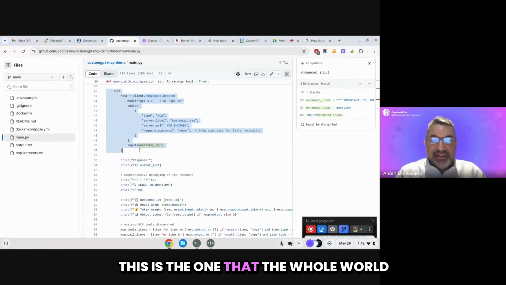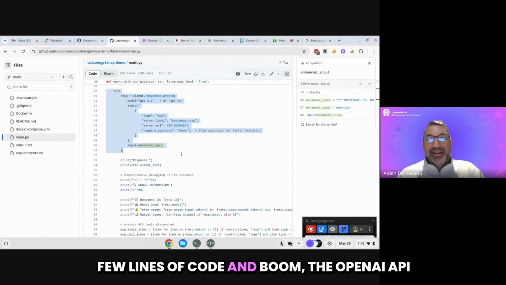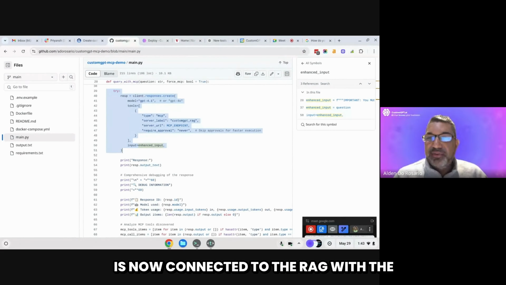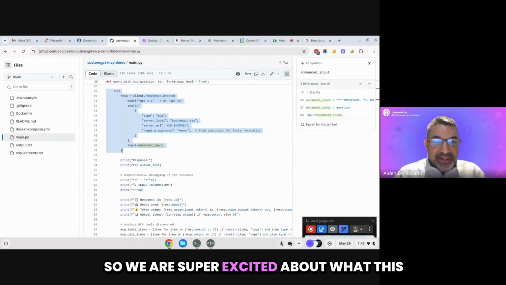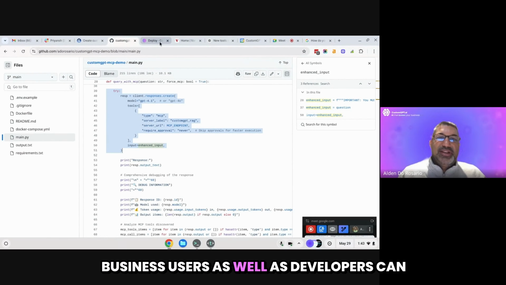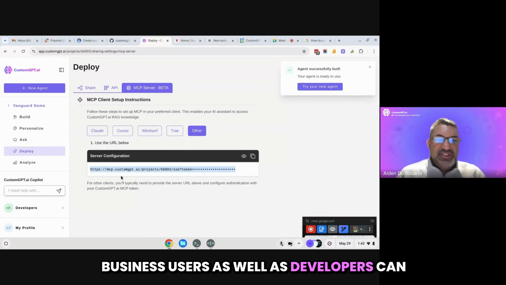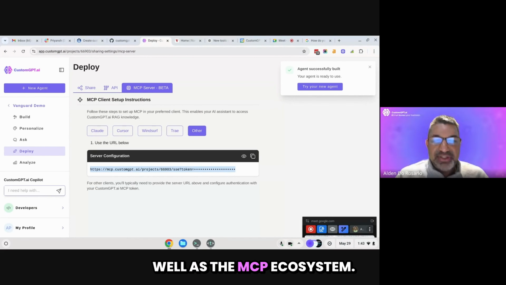This is the one that the whole world basically knows, the one with import openai and a few lines of code, and boom, the OpenAI API is now connected to the RAG with the website that was built, right? So we are super excited about what this does to the ecosystem and hope that both business users as well as developers can very quickly get rolling with both RAG as well as the MCP ecosystem.